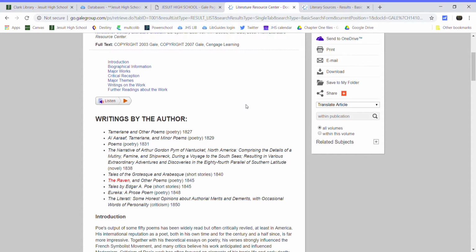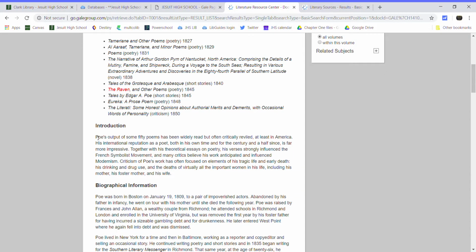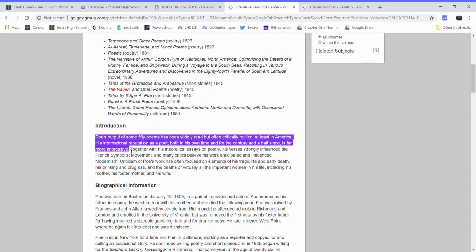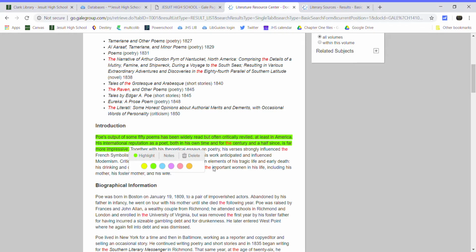This is highlights and notes. So let's say that you are reading your article, and as you read you like to do a little bit of notation. You can highlight things. You can pick whichever color. Today I feel like being green,